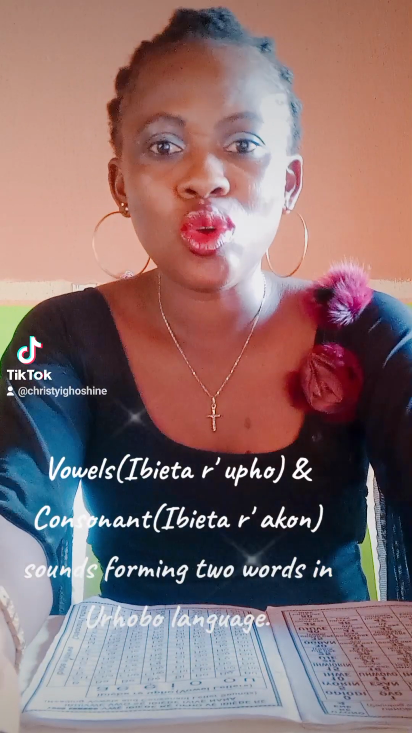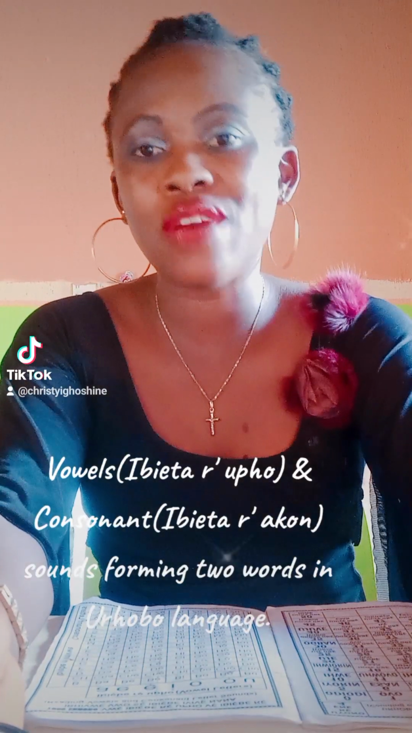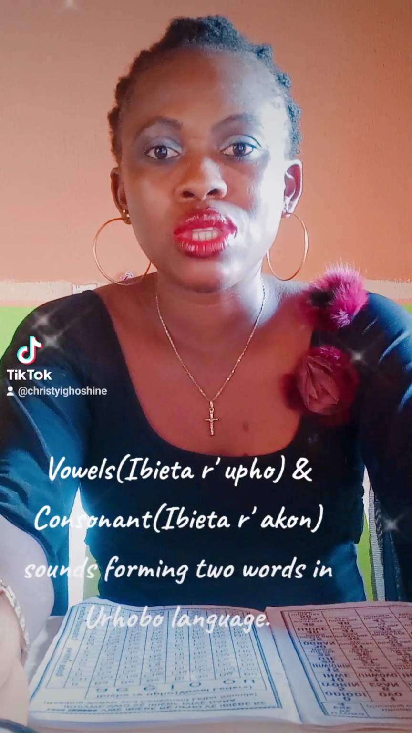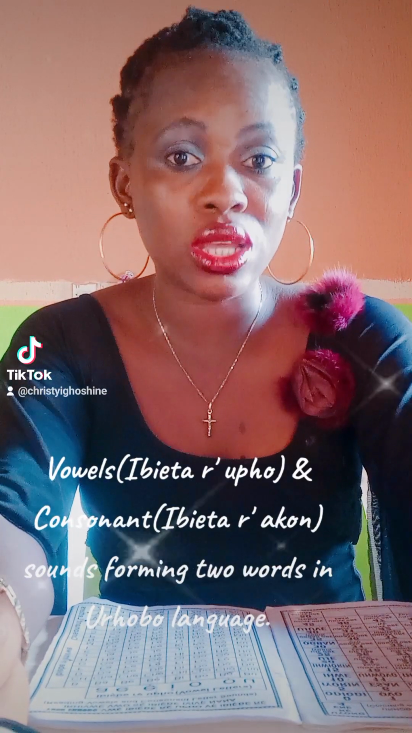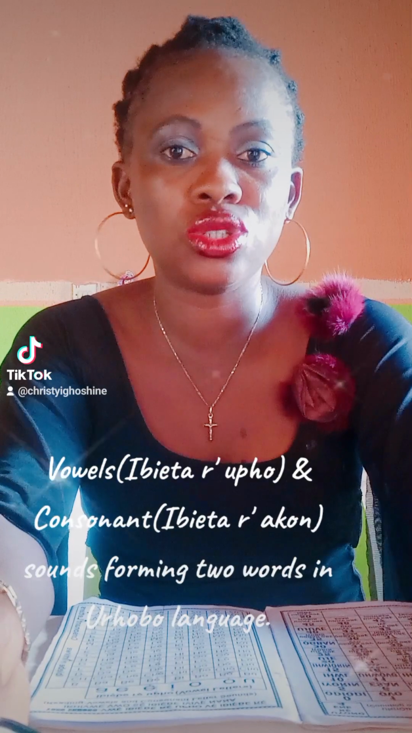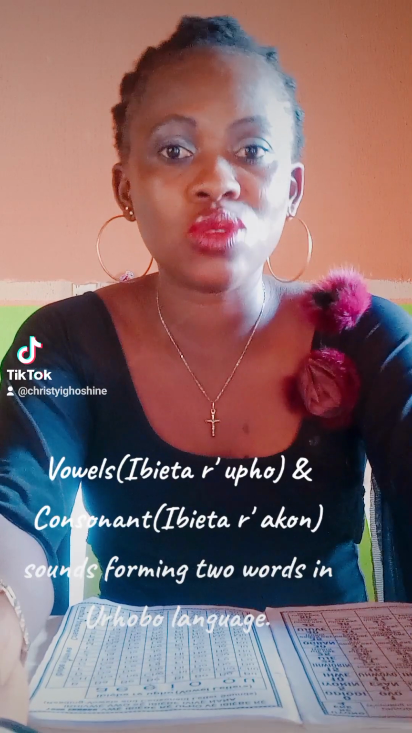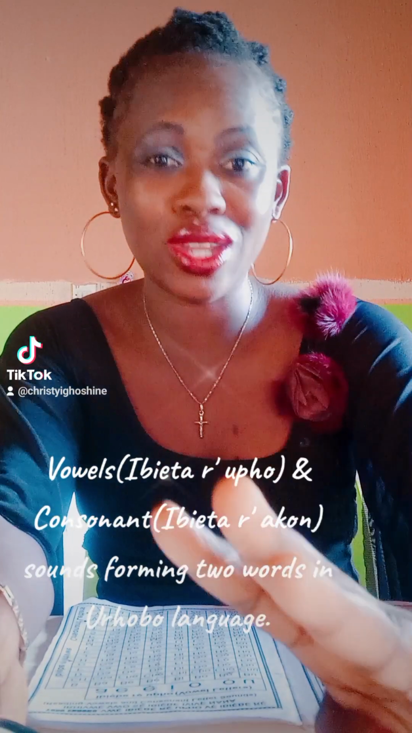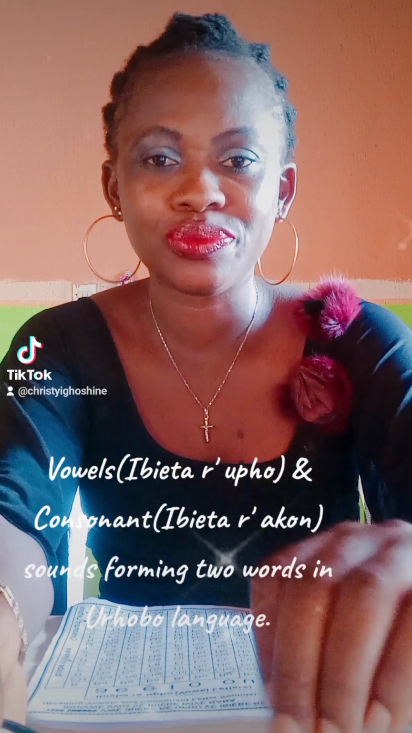Now in Urhobo language, you know we have 25 alphabets like what I talked about last class. Now I want to talk about the vowel sounds in Urhobo language. Vowel sound, we have 7 vowel sounds in Urhobo language. The 7 vowel sounds are